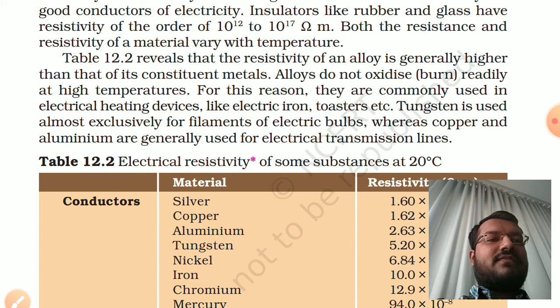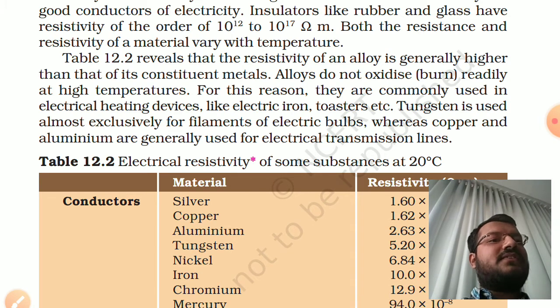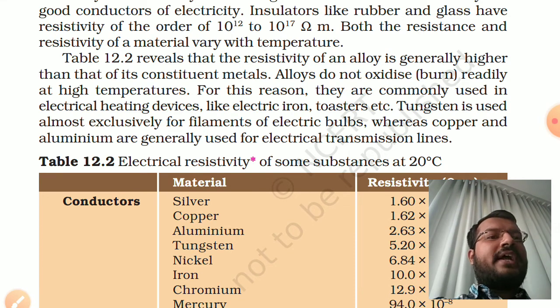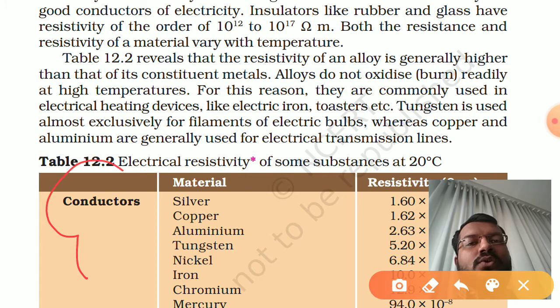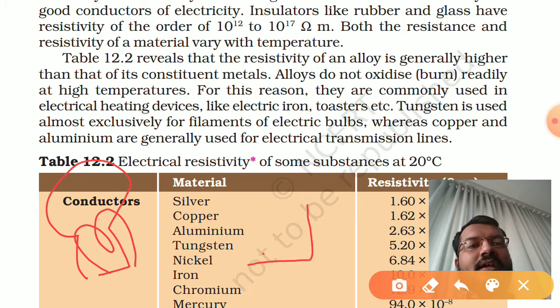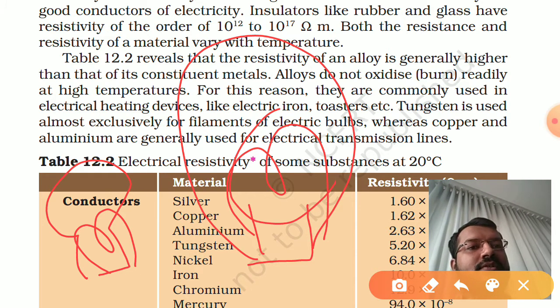Only one-metal wires are used for passing electricity, because their resistance and resistivity will be very low, so they will pass a good amount of current. Whereas in electrical heating appliances, this kind of single-metal wire is not suitable, so for that purpose we use alloys of those metals. Okay, and tungsten we use in bulbs and materials like this, in which we use tungsten wire.